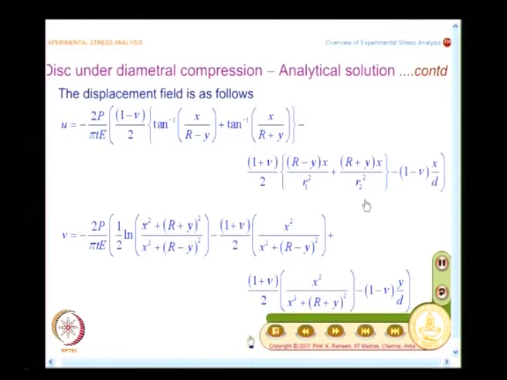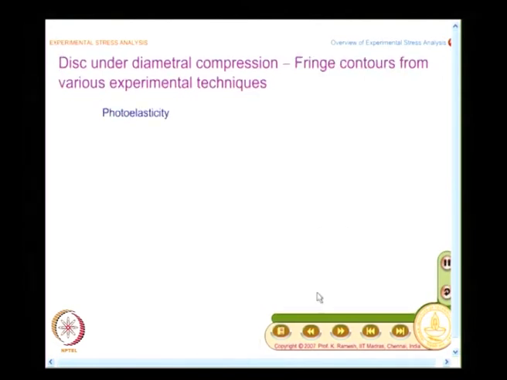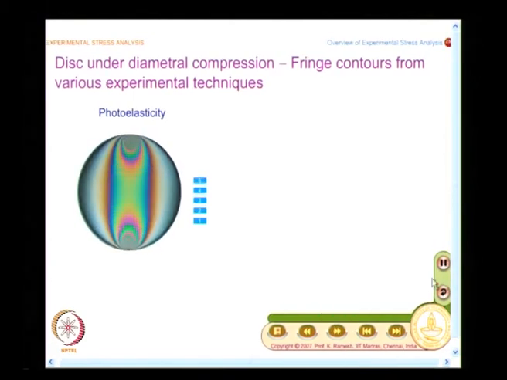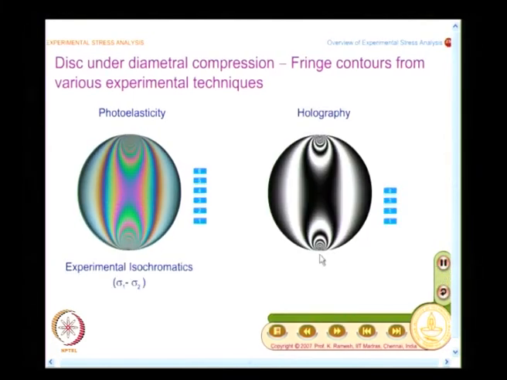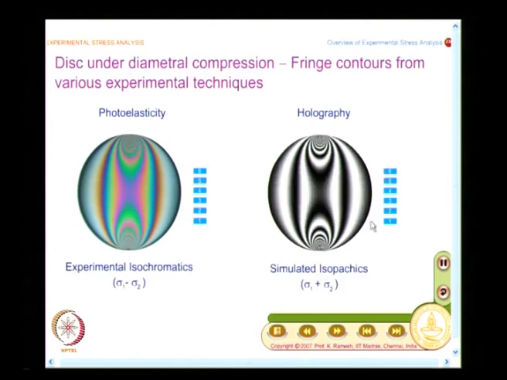You can get from strain gauges and plot them, or from displacement information you can do numerical differentiation and plot the strain. But right now you do not have a whole field experimental technique which would give you whole field strain data conveniently. Now, what we will look at is the circular disc under diametral compression, a benchmark problem in photoelasticity. So, we will see the photoelastic contours and we will also see another set of an experimental arrangement where you get contours of sigma 1 plus sigma 2.